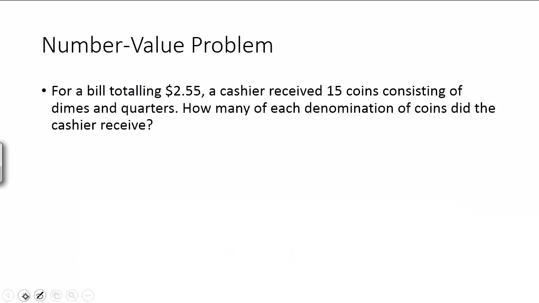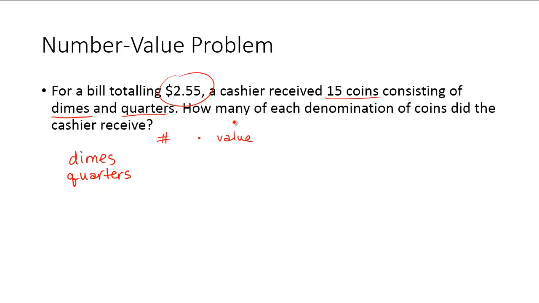You could also have a number value problem. So here we've got a bill that's totaling $2.55. Cashier receives 15 coins consisting of dimes and quarters. How many of each denomination of coins did the cashier receive? So we don't know the dimes and the quarters. So we have the number of dimes and the number of quarters. You could set it up so that you see that, okay, the number of them times their value in, say, dollars equals the total